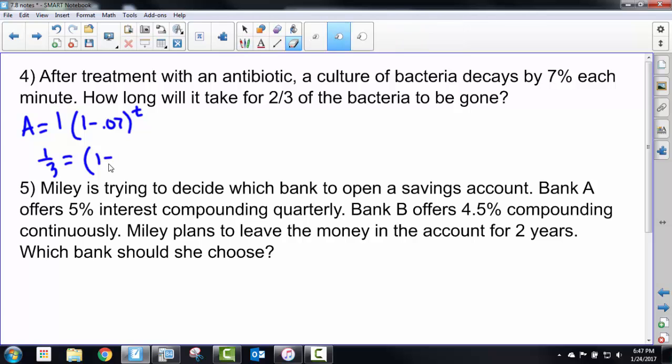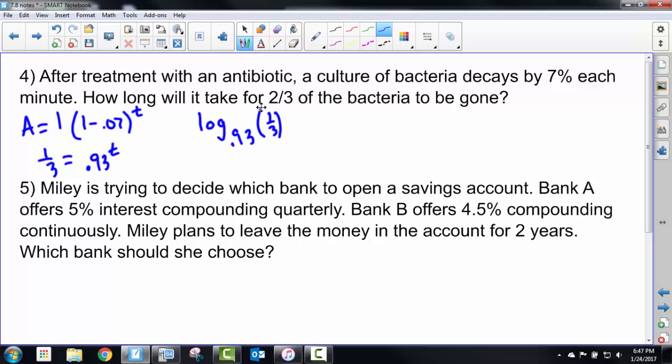1/3 equals 1 minus 0.07. That's 0.93, but you already knew that. Raised to the T power. All of a sudden, this problem just got a whole lot simpler. We can do a log base 0.93 of 1/3, and that's going to be equal to T, and I've got the time to be about 15.14 minutes. You have to use a bit of a judgment call in terms of how far we round, but